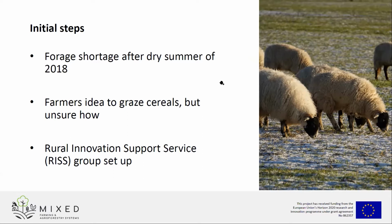So the farmer in question was actually Ian down at Balgay there, and although he was quite keen to give it a go, he wasn't too sure how to go about it. So what we did is we bid for a project through the Rural Innovation Support Service, the RIS groups. These are groups across the country, set up to bring farmers together to support innovation within the industry. You can think of it as a bit of an incubation pot of money to get a small idea up and running and off to a good start. So we were successful getting the RIS group,